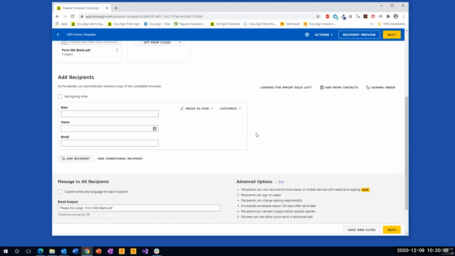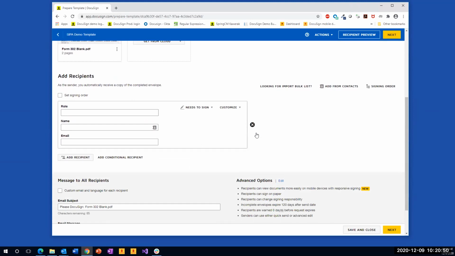All right, so let's go further down. The next thing that you do on this form is to then tell DocuSign what kind of workflow you would like to have with your form. It's very simple. All you have to do is to define the role, meaning the individual, what is their role associated with the form itself. So this is an address request form. The first person who's going to be dealing with the form filling is going to be an applicant. So I'm going to type in the name applicant. I'm going to leave the name and email blank because this information is only filled in at the point of signing, right?